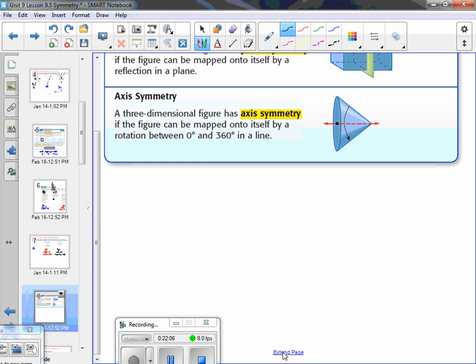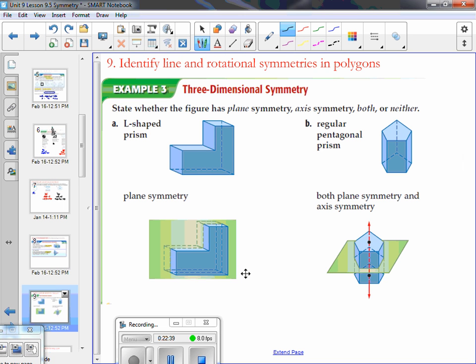Axis symmetry is when a three-dimensional figure can be mapped onto itself by a rotation between 0 and 360 degrees. Okay? So, like a cone has axis symmetry. If you have a prism or a pyramid where the base is a polygon that has axis or rotational symmetry, then the three-dimensional figure is going to have axis symmetry. Now, here's what I'm talking about. If we look at example 3 on page 655,